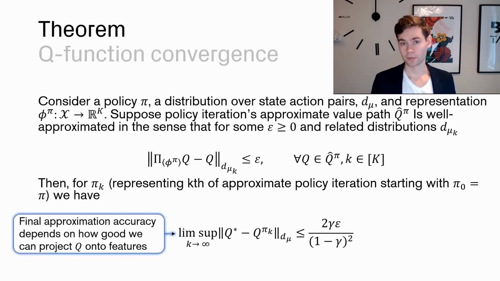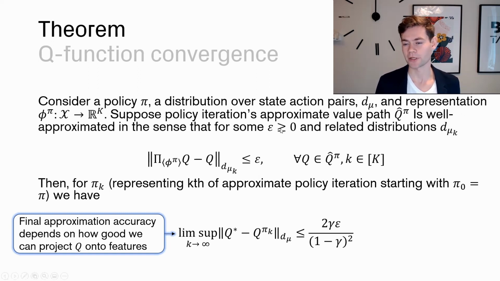So we're going to have a look at a theorem now that tells us basically how we can limit the error of any given estimation over long periods of time. So basically the convergence properties for our algorithms. And what we want to consider is a policy pi and a distribution of state-action pairs d mu and a representation phi. So we have these prerequisites, and then we suppose that policy iteration's approximate value path is